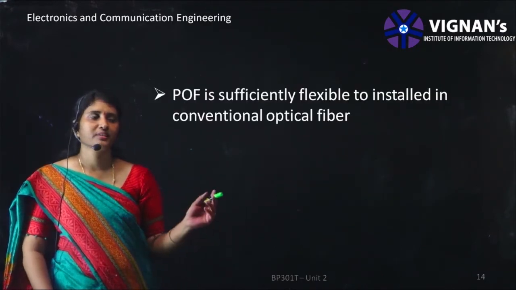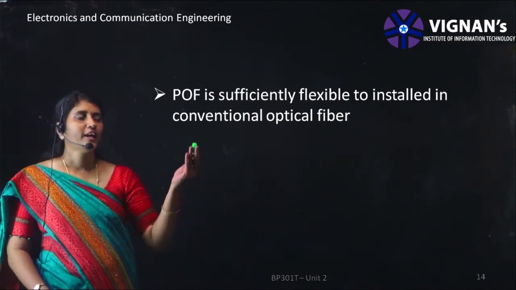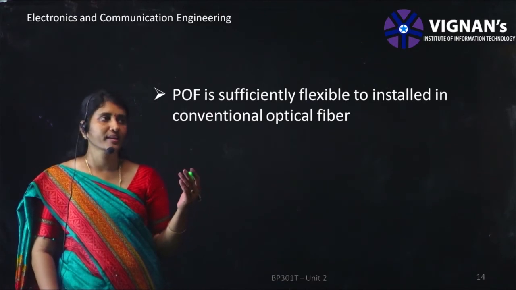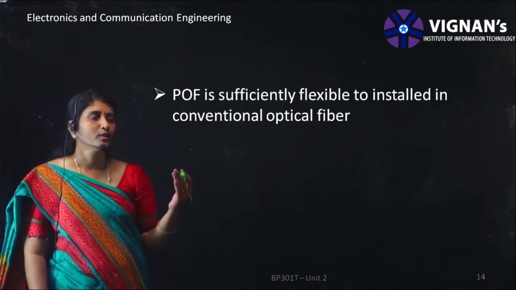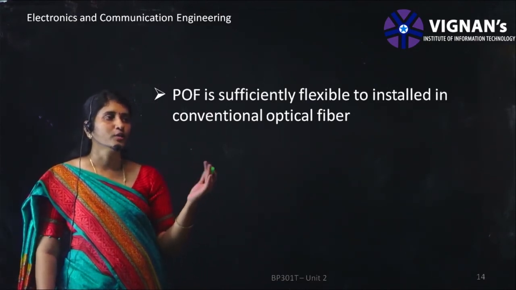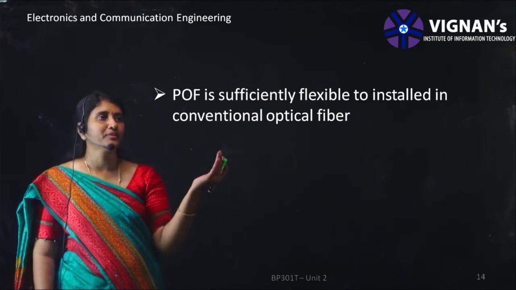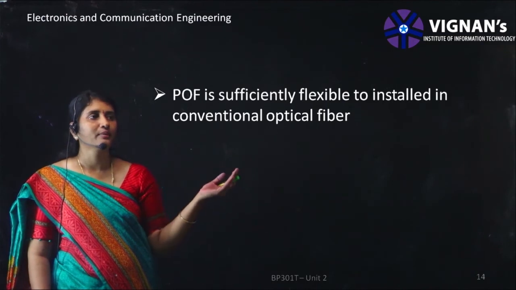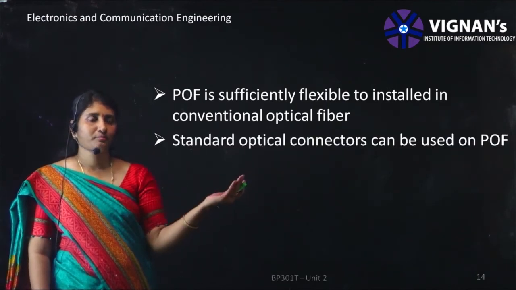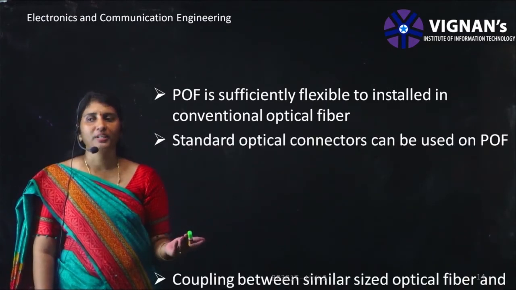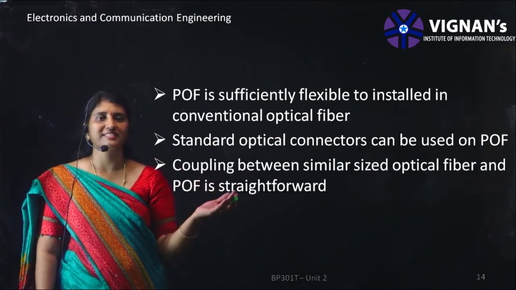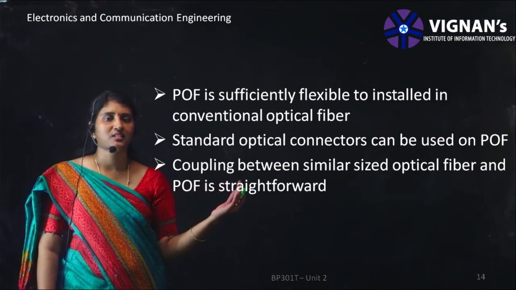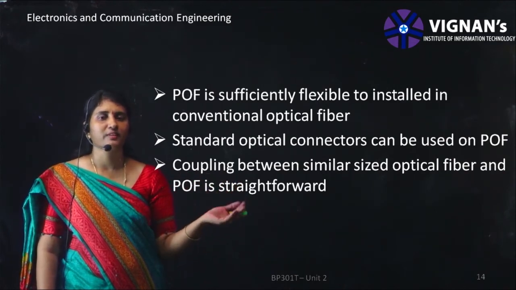These plastic optical fibers are very flexible, and they can be easily installed at your destination points. If you want to join a glass optical fiber with a plastic optical fiber, you can use a normal connector type and connect the plastic optical fiber and the glass optical fiber. That means you can use all the standard types of connectors. There is no special connector prepared for the plastic ones and the glass fiber ones. That is its flexibility.